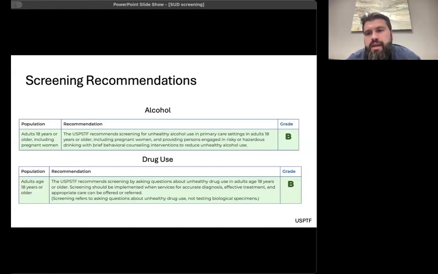And these are both grade B. Well, it's not a grade A recommendation. Grade B generally means that the literature out there to support it is good or fair, but it doesn't actually cause any harm, right? That's the big thing here. By doing these screenings, you're eventually just identifying people. You're not doing any intervention that would necessarily cause any harm to patients, and therefore there's a grade B recommendation for this. And that's, again, for alcohol and substance use.